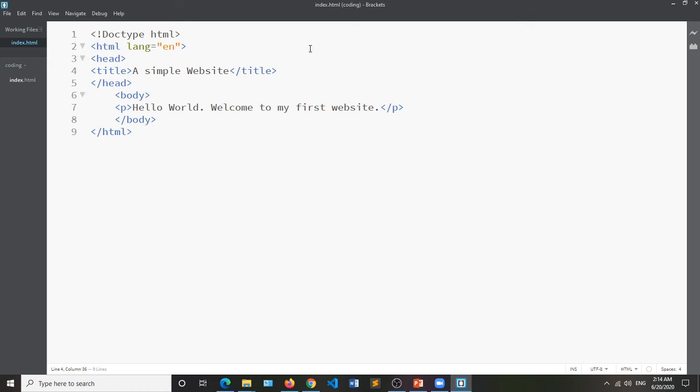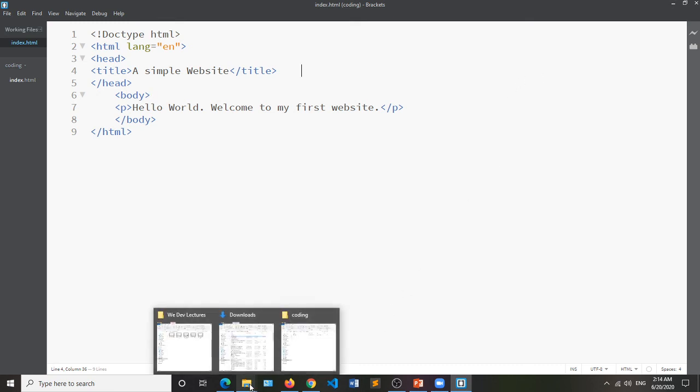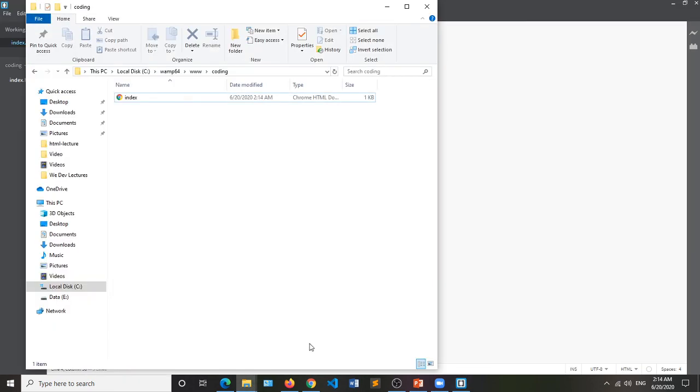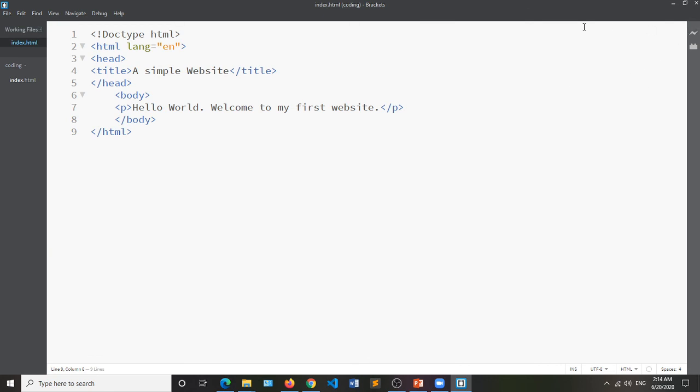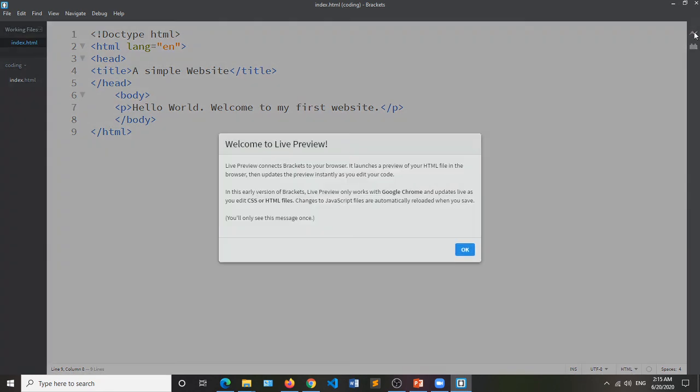Once you save your code inside your HTML file, you then run it in the browser to see how your website looks. The simplest way is to go to the coding file and open the index file, or you can use the Brackets editor, where there is a lightning icon you can click for live preview.